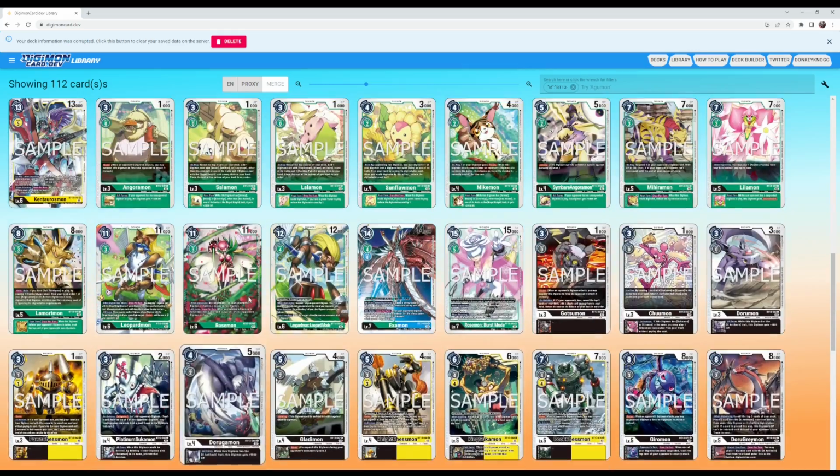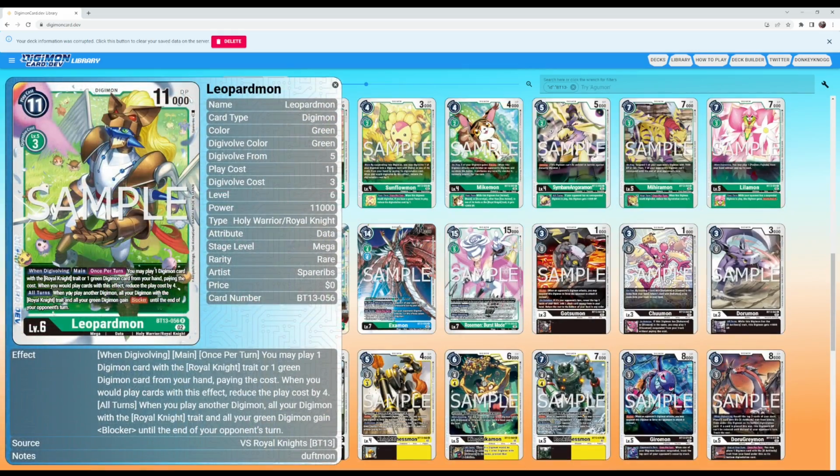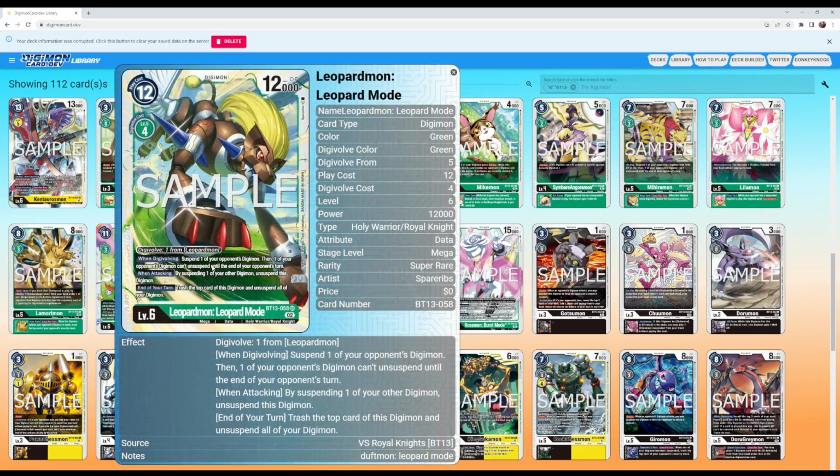And then the other one is going to be Leopardmon, which says when you play another Digimon, all of your Digimon with the Royal Knights trait get blocker. So even if you play something after this Digimon was already on the field, you can trigger that effect and it'll still gain blocker. Similarly, since we were talking about trashing security cards, Leopard mode is something that reminded me of that,